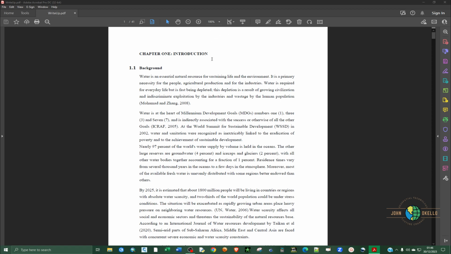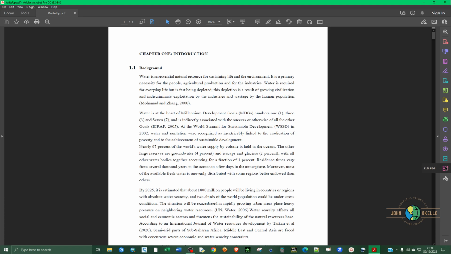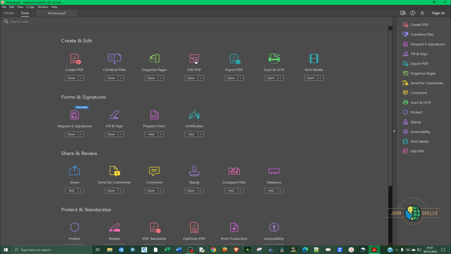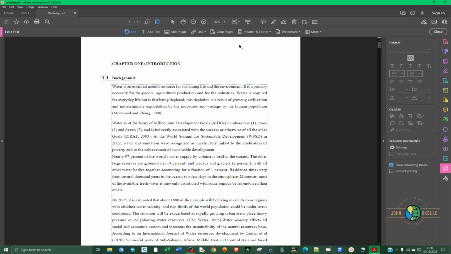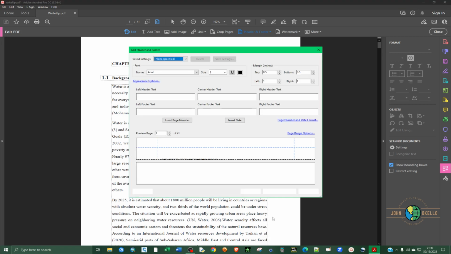So what to do, you can click on Edit PDF on this right hand side sidebar. But if you don't have this tool here, you can click the Tools tab and then click on Edit PDF, and then you'll immediately see some set of tools that have been added. Click on Header and Footer, click Add. So here you can make some changes on font, margins, and then